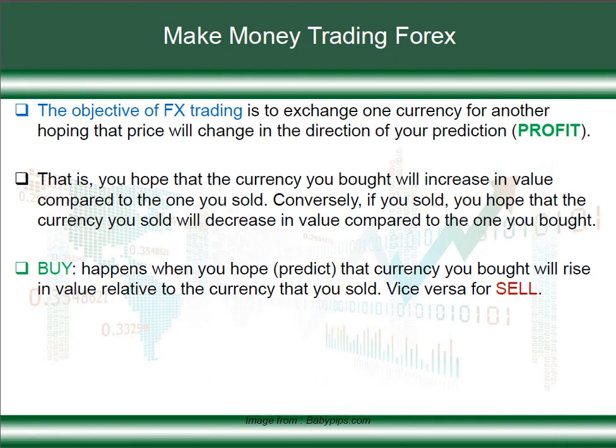Now, what is the objective of trading Forex? We trade Forex with one objective: to make profits, or to make money. But how do we make money? By exchanging one currency for another. We simply exchange one currency for another. That's the key word. In other words, if it's Euro USD, you are buying Euro and selling USD, or you are selling Euro and buying USD. Simple. You exchange one currency for another, with the hope that after you've done the exchange, before you close the trade, price would have moved in the direction you anticipated.